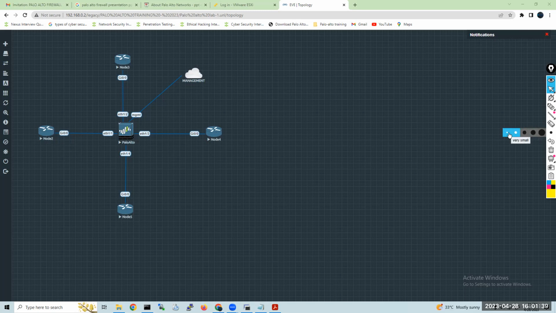See, what is the objective here? The thing is, here I'm going to give the IP addresses. This is 192.168.1.1 and this is 1.2. This IP address, for example, is 2.2 and 2.1. And the same thing here, this is 3.2, 3.1 and this is 3.2. And the same thing here, I'm going to use 4.2 and 4.1. Okay, and for the management IP, what IP address have we given?